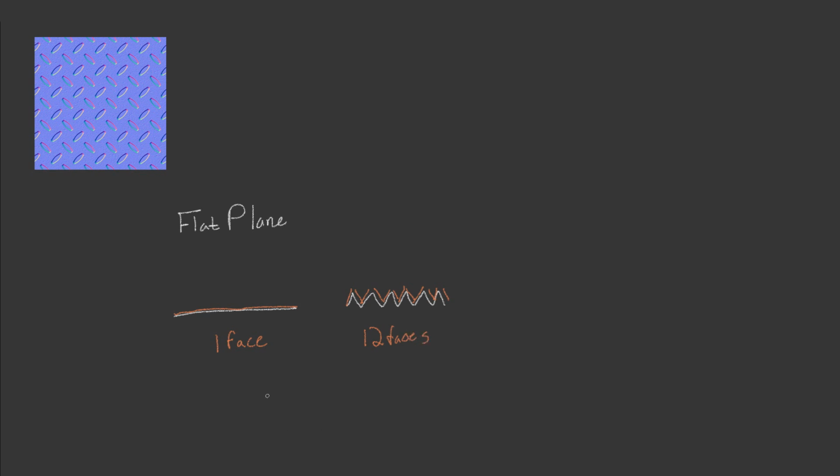Now, what do we know about faces and render time? Well, we know that the number of faces is directly proportional to the amount of time it takes to render something. Meaning that if we have more faces in our scene, it's going to take much longer to render. So that'll be more render time. Now, at a basic level with a plane like this, really the difference in render time is negligible. You will not notice it on any sort of machine. But as your model does gain more and more faces, render time will slow down, and this is especially evident